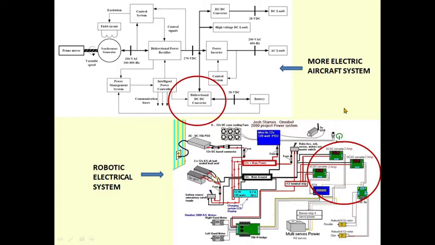DC to DC converters are required, first of all, if there is a voltage mismatch between the load and the source. And second, if we have a DC source and at the load end we need to regulate it, then again we need to use a DC to DC converter, and we can regulate the output of that converter by varying the duty ratio. This part we will see later on in the course.